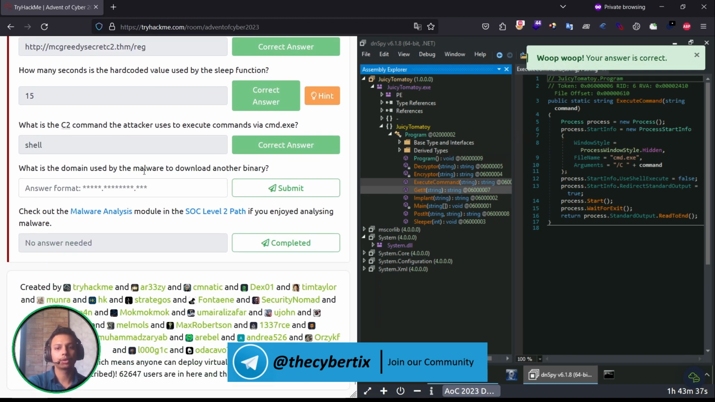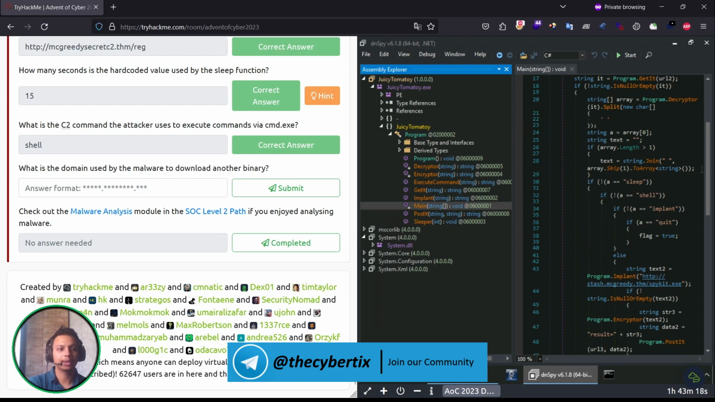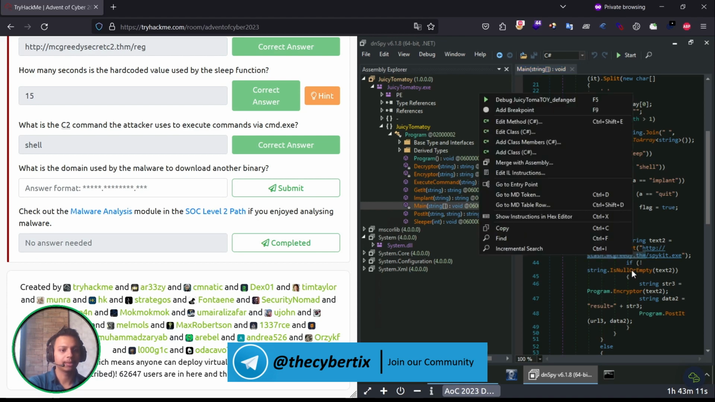What is the domain used by the malware for downloading the binary files over here? If the domain has been implanted, it will be over here. That is stash.mcgreedy.thm. Let me just copy it